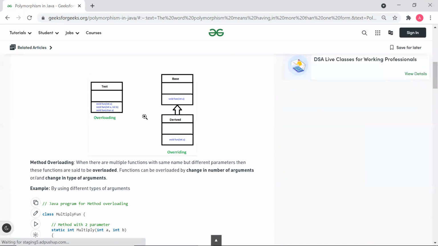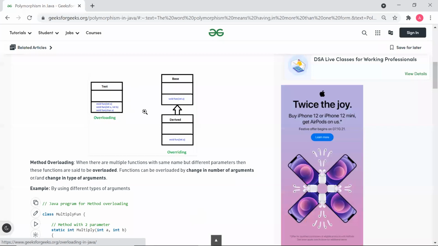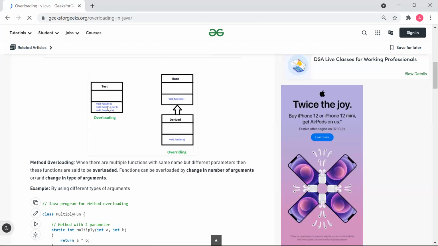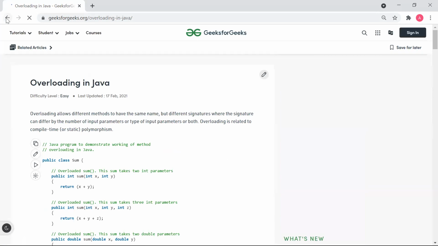Here, in previous languages that you have studied, like C++, you might be aware that you cannot declare a method with the same name. If you declare it, your compiler will get confused, right? So the polymorphism term was introduced in Java, or in the OOPS concept, where you can use a method with the same name. The only difference is that the parameters should be different.